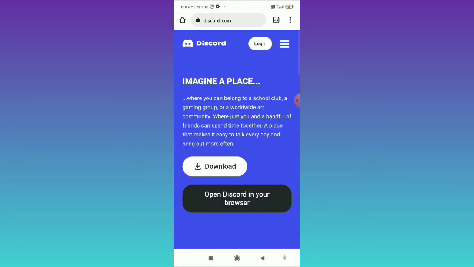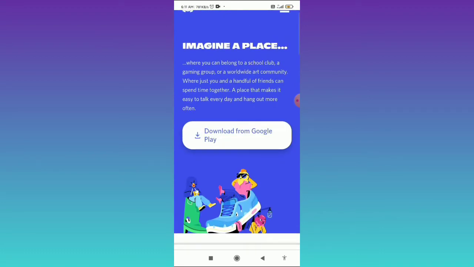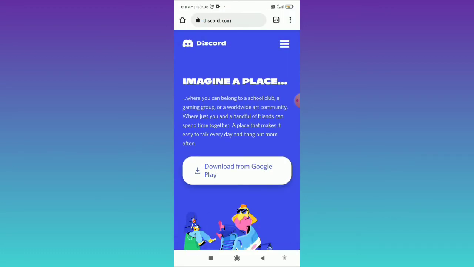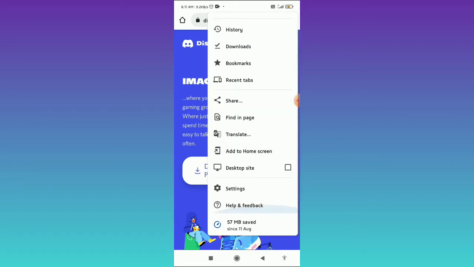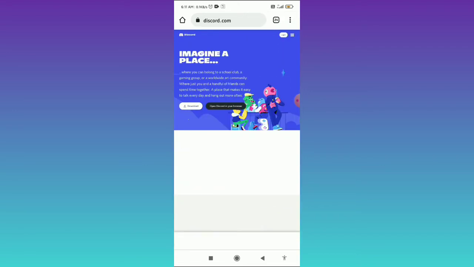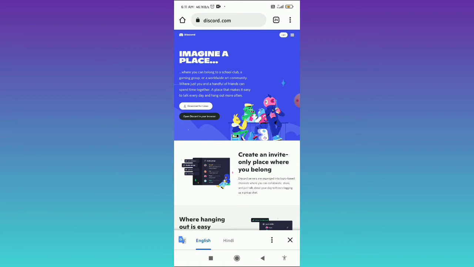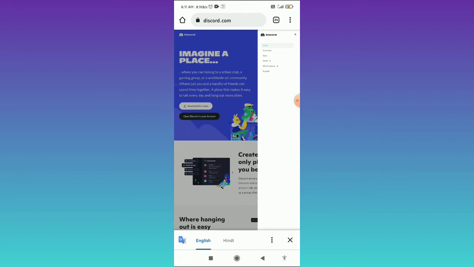Wait for it to open, and when it is open, then what you can do from here is you have to tap on the three dots in the top right corner. Then here you can see the side menu, scroll through it, and then tap on the desktop site. And after opening the desktop site, you can see the three horizontal lines. Tap on the three horizontal lines, and then